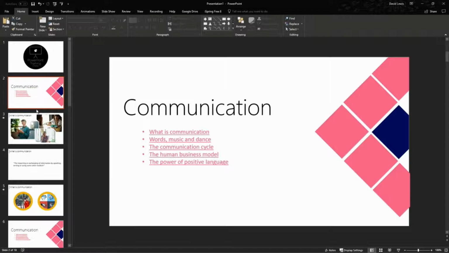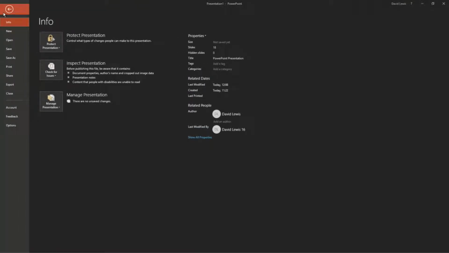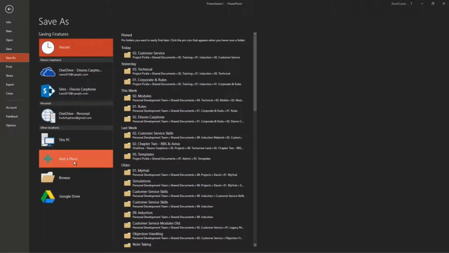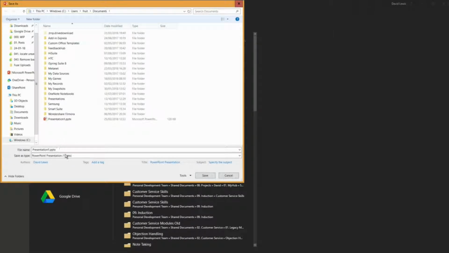What I want to do is convert this into a PDF so that other people can view it without being able to make changes to it or edit it. So really could not be simpler. There are sort of 2 or 3 ways of doing this, but it's all done from the Save menu or from the File menu. So open the File menu, and like I said, we've got 2 options available to us straight away. The first one is Save As. Then we want to pick a place where we're going to save it. So I'm going to save it to this PC, and